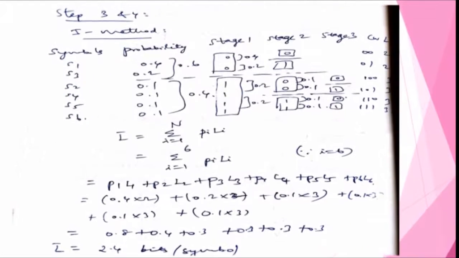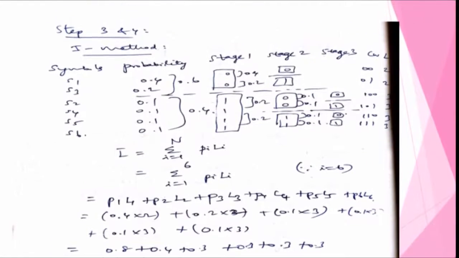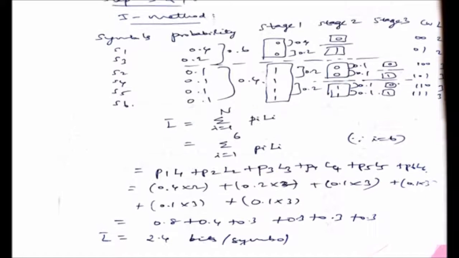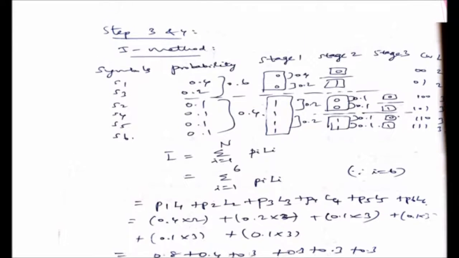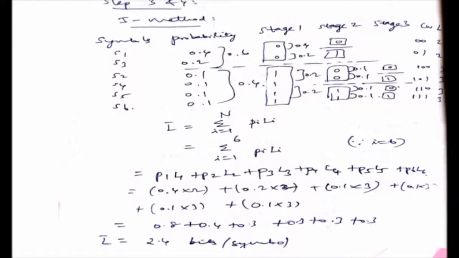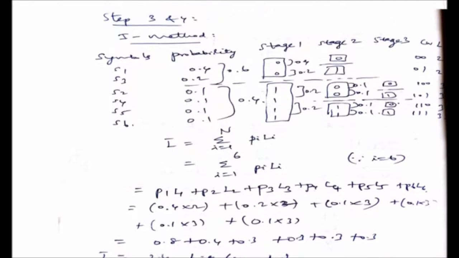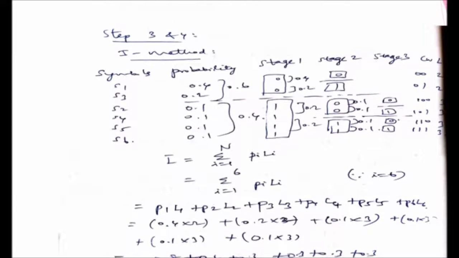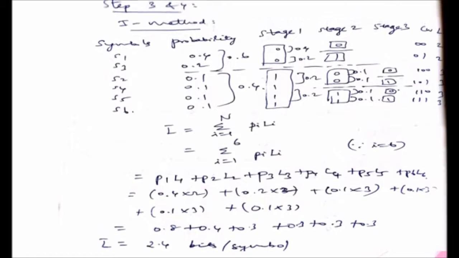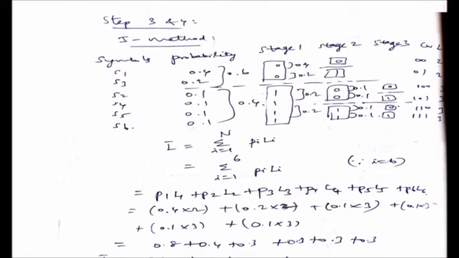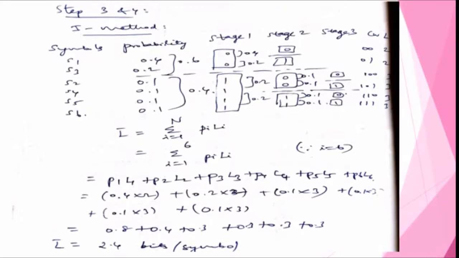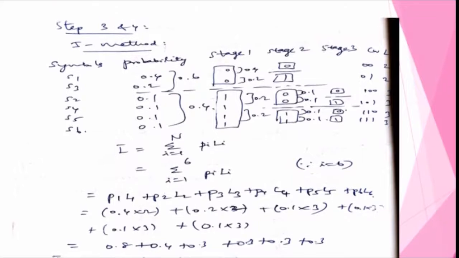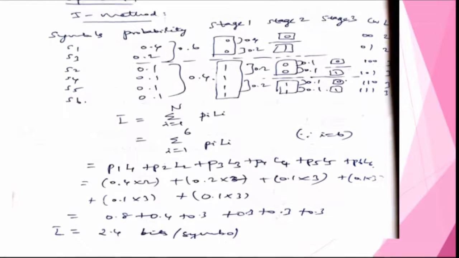In Shannon-Fano coding we can use two methods. The partitioning can be done in two ways: the first method is x1 greater than or equal to x2, and the second is x1 less than or equal to x2. Here we arranged the 6 symbols and probabilities. First we take 0.6, and the remaining 0.1s add up to 0.4. So 0.6 is x1 and 0.4 is x2. Here the condition x1 greater than or equal to x2 is the first method. This is the easiest method, and this method only we are going to see.